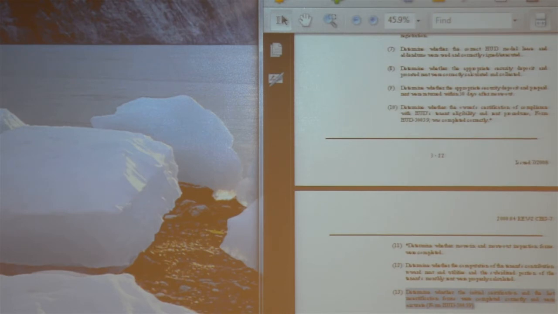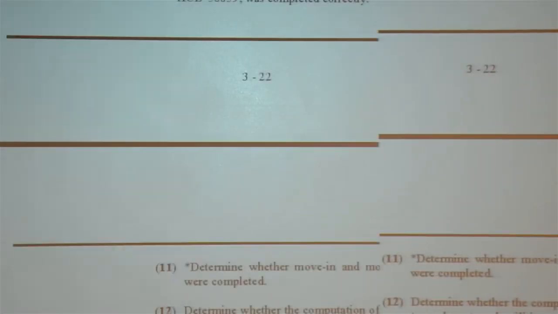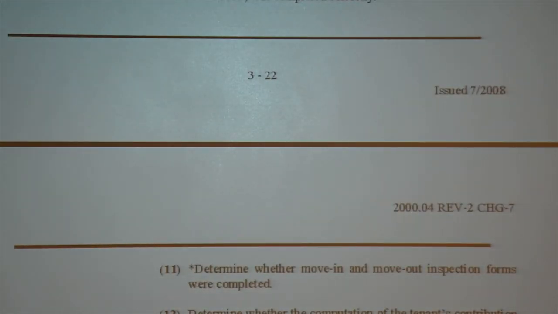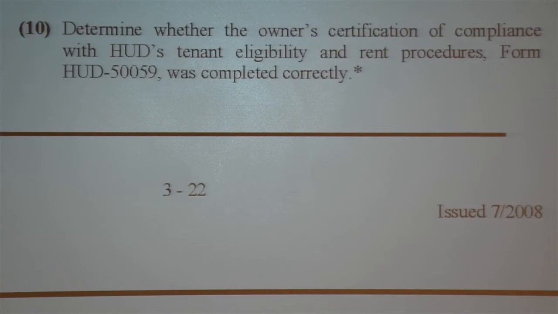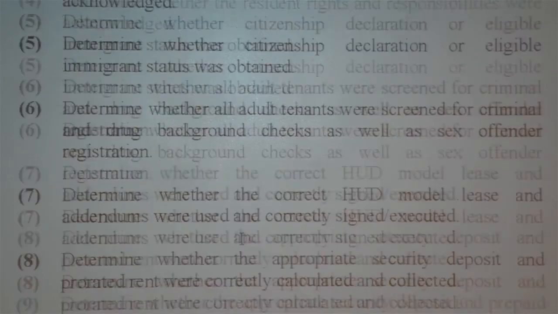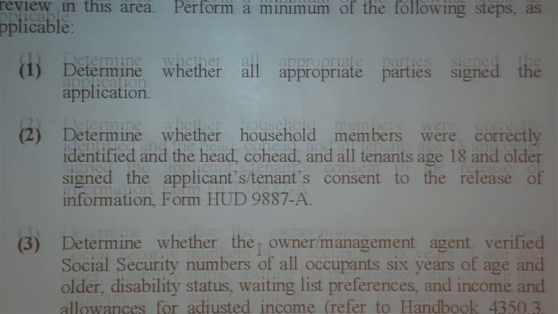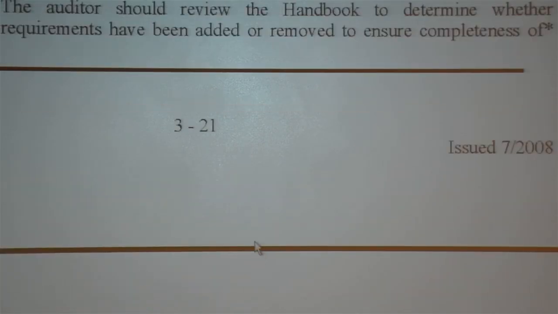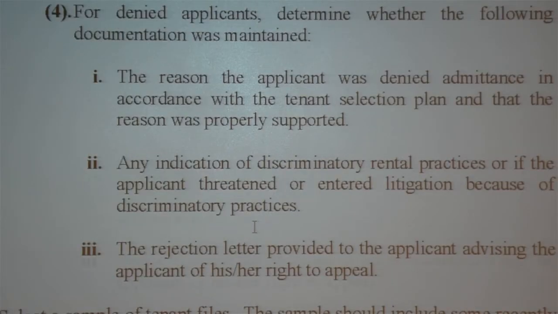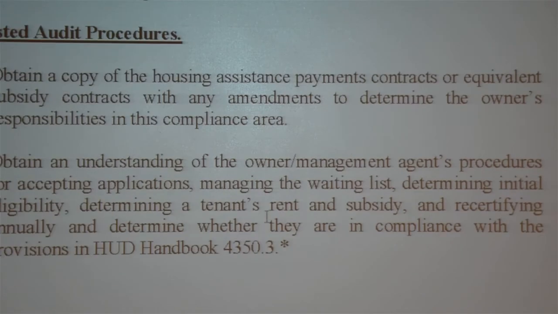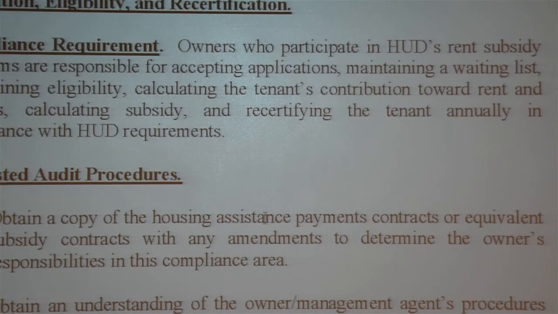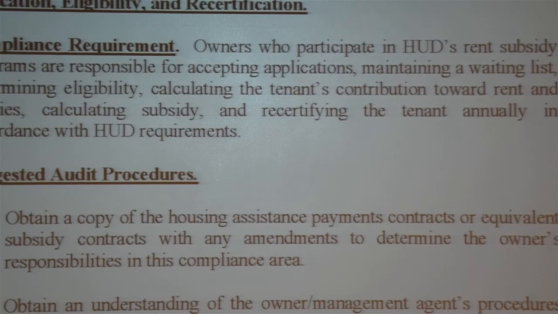Now, when it says a compliance requirement, just like A133, we're actually asking about each section, right? The compliance requirements are listed in the audit guide. So here's our compliance requirement of tenant file testing. And it goes up here a little ways. Sorry, my mouse doesn't scroll any faster anymore. So tenant application eligibility and recertification.